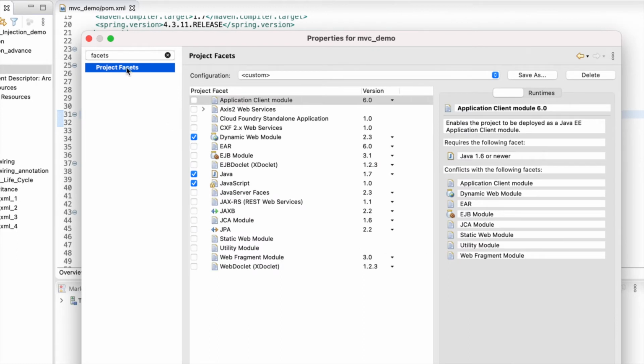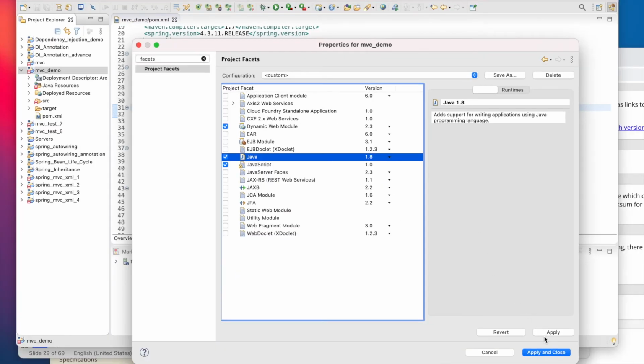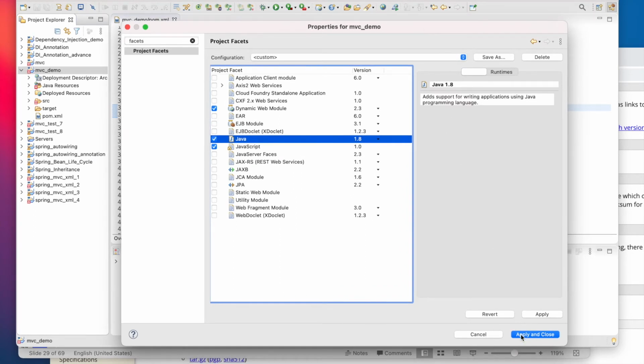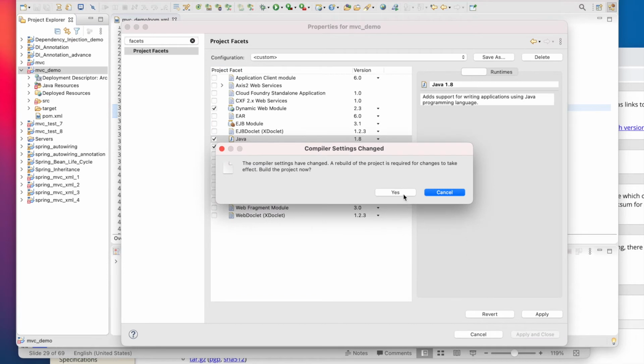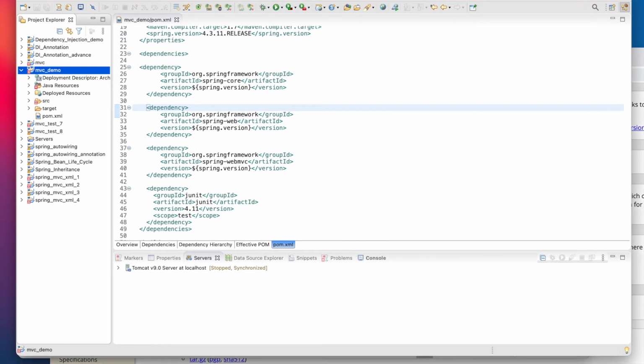And in the project facet you see the Java, it is also showing 1.7, so you have to make it 1.8. So this project configuration you have to do, okay, and then apply and close. You can see the button here, right? Apply and close, and click on yes. So now your project environment has been set up. Let us start our work one by one.